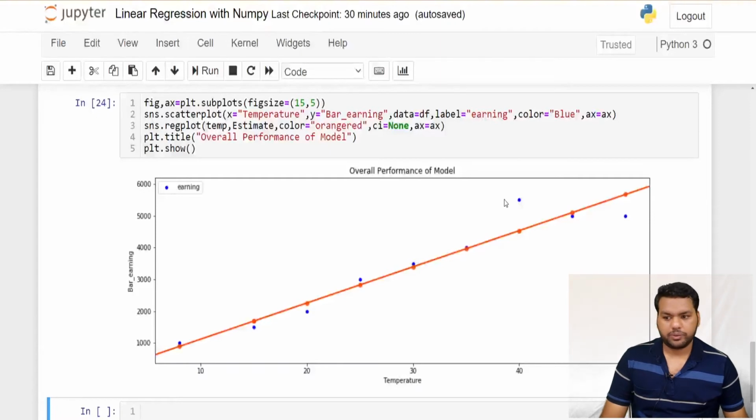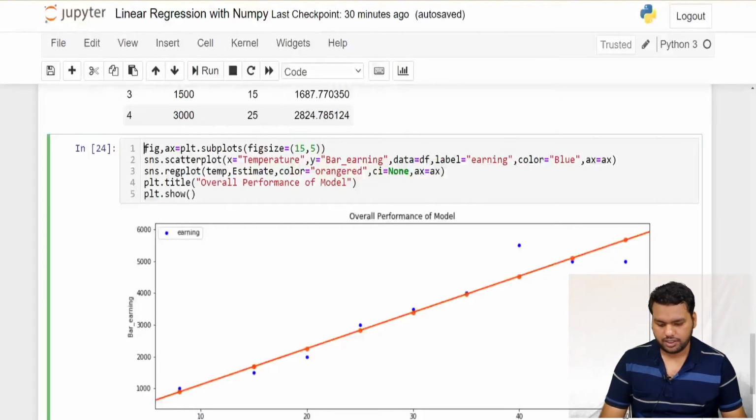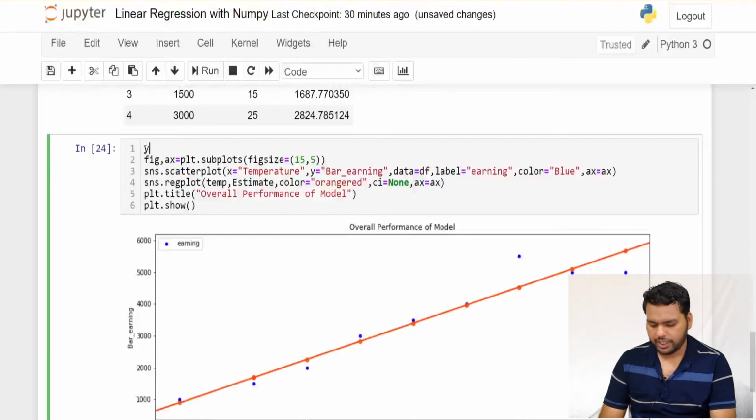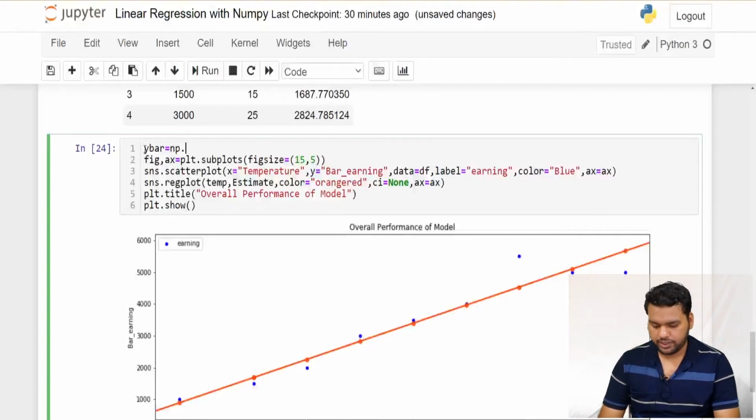Now I want to show you one more thing in that. For this, how do we calculate the r square? For that we have to calculate the y bar, that is the mean. What is the mean of the barearning? That's how we calculate: np.sum of y divided by the length of df.